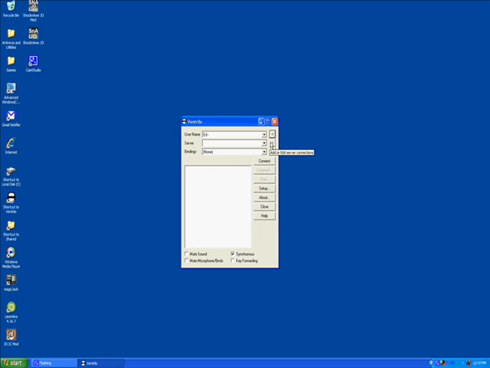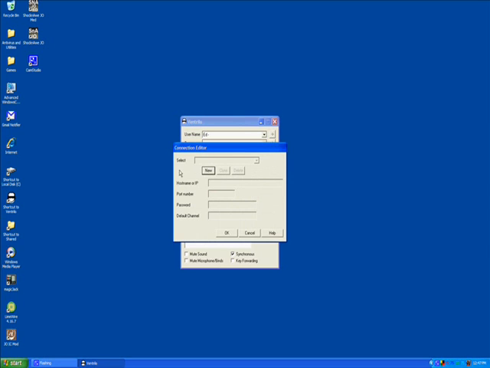And the next thing I'm going to do is go ahead and set my server name up, which is for our Rhody Racing League. So click on the right arrow there next to server, hit new, and I'm just going to go ahead and call this Rhody Racing. I'm going to hit OK,